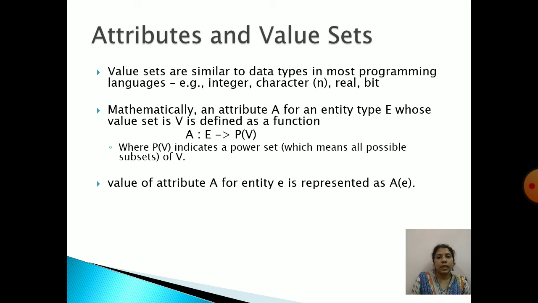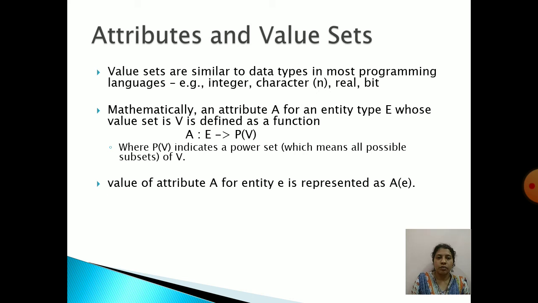Then mathematically, an attribute A for an entity type E whose value set is V is defined as a function A: E → P(V). Here A is the attribute, E is the entity type, and V is the value set of values, from which you will take.